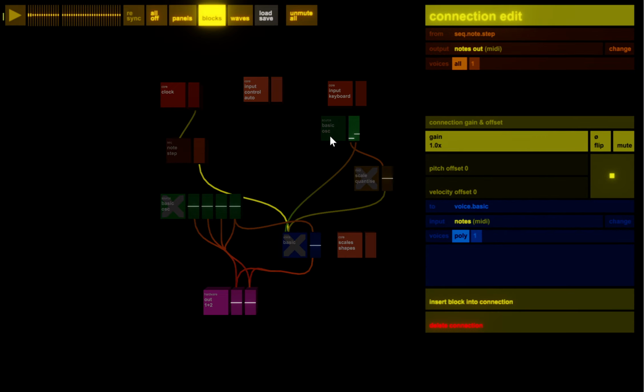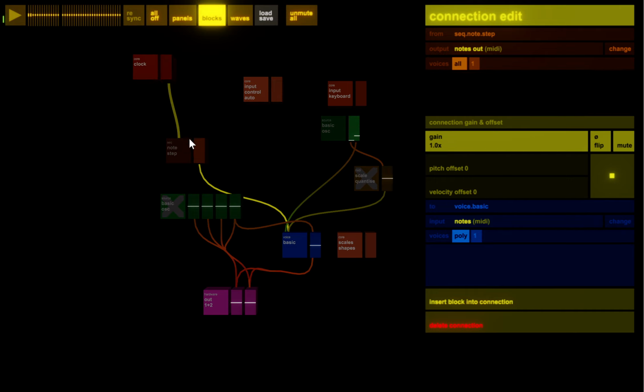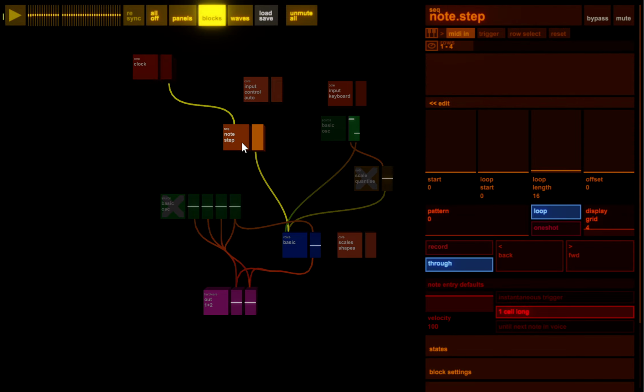I'll mute that scale quantizer and then there we go. So the clock was playing the step sequencer, which is playing the, yeah, you understand.